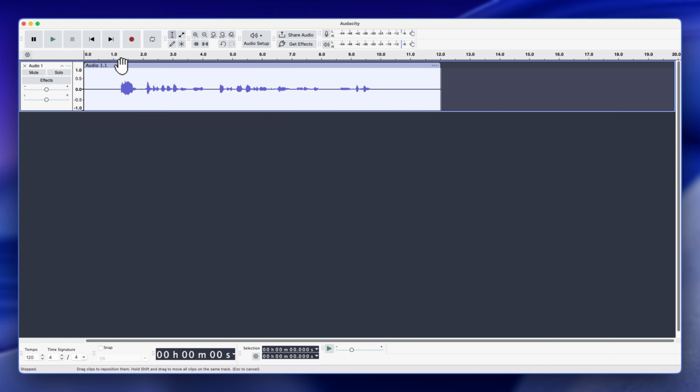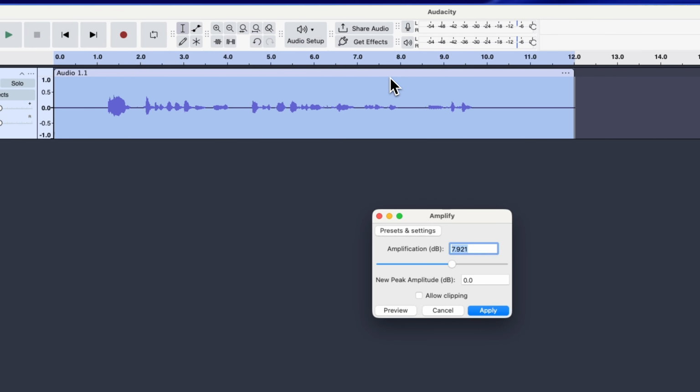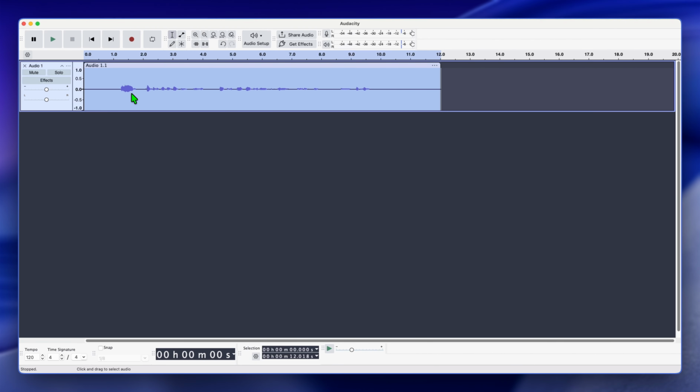There's also another way to reduce it by clicking on the vocal sample itself. Then you go to Effect, you go to Volume and Compression, and here you have some tools that you can use to reduce the volume. Now let's try Amplify. To use Amplify to reduce the volume, we can change the amplification to -6, and once we click on Apply,